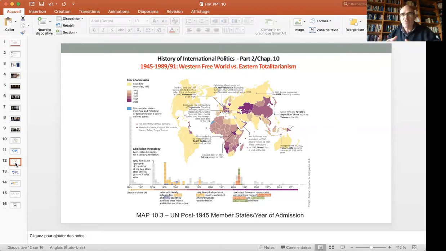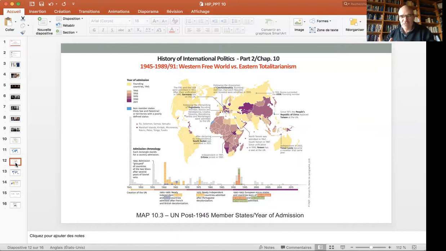Of course, these aims were added to the original one, but the original one was to maintain international peace and security. And logically, then, only defensive wars will be considered to be legal and legitimate, that is to say, to be just. Only defensive wars. So let's go into the details. First of all, the general prohibition of wars.